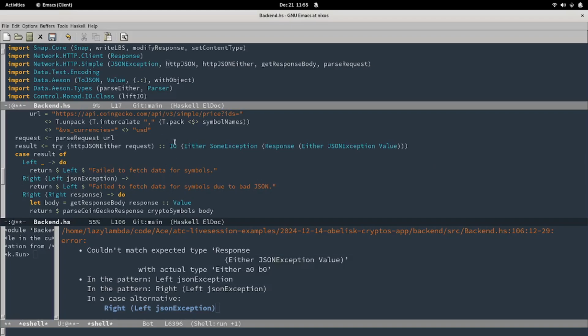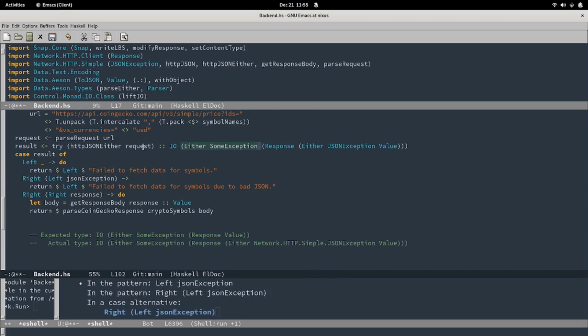Okay. So I can see from my type signature here that this makes no sense. I'm trying to pattern match on this. So I'm correct to start with this either, because one of the cases of either is right or left. So I would pattern match on one of those cases. So far we are correct here,